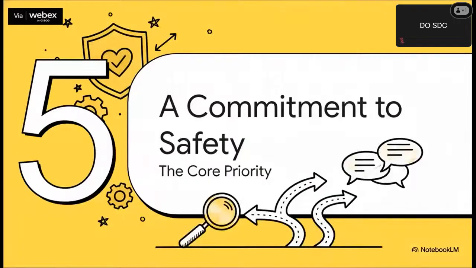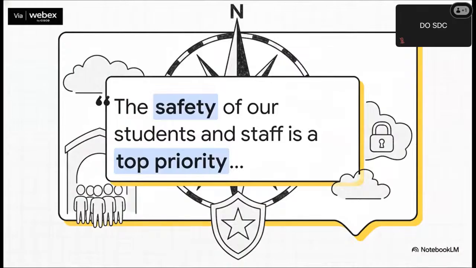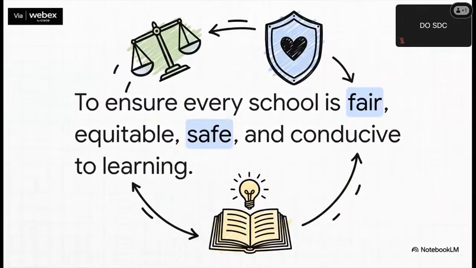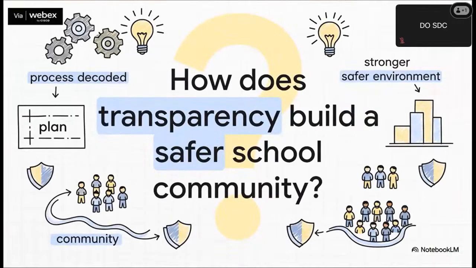Everything we've just gone through, the investigation, the 2 outcomes, the way they communicate, it's all built on top of one single foundational principle. And there it is, straight from the source. This one sentence is the North Star for every single decision that gets made in these tough situations. The safety of students and staff is priority number 1, period. And at the end of the day, this whole protocol is really serving a much bigger mission. To make sure every single school is a place that's fair, safe, and where every kid can just focus on learning. So there you have it, the process decoded.